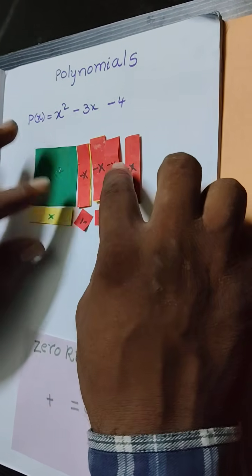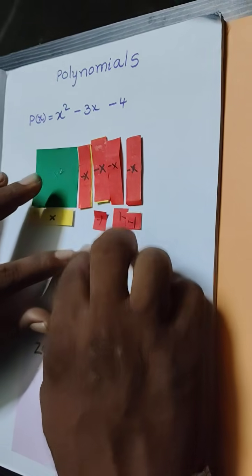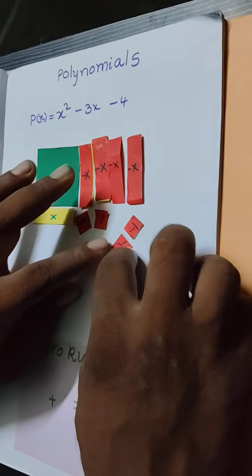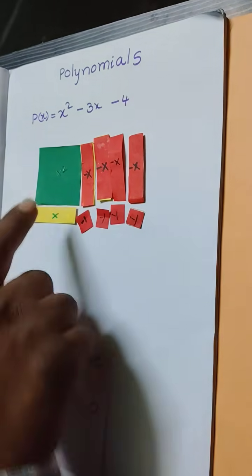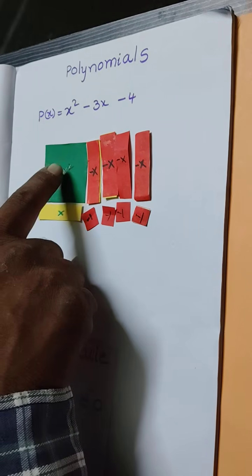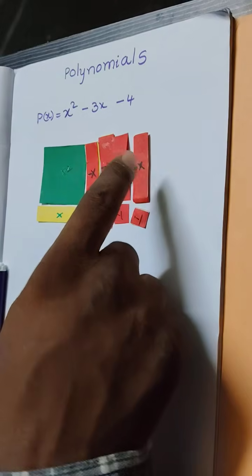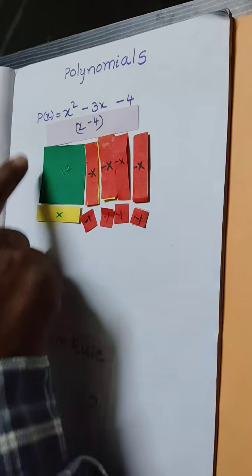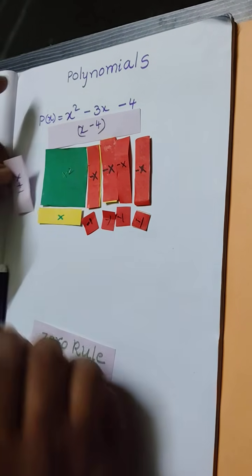See, here it is forming the rectangle, no? Forming the rectangle. So here x into x, this is the square box, no? x into x, then 1x, x minus 1, 2, 3, 4, so x minus 4. In the same way, on this side, x plus only one positive, so this is x plus 1.